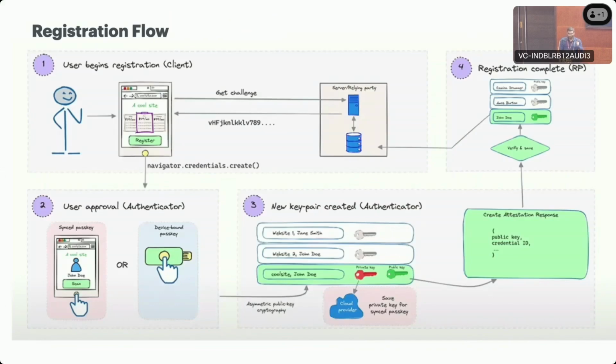Okay, so this is the registration flow I just talked about. The first time, users who want to use passkeys say that they want to register with passkeys. So the request will get sent to the server. The server will send the random bytes for you, and you give those random bytes to the authenticator. The authenticator will give the pop-up for the site you want to access and create the passkeys, asking where you want to create that, whether you want to use Google or a password manager or iOS password or any security keys. So once you select that option,